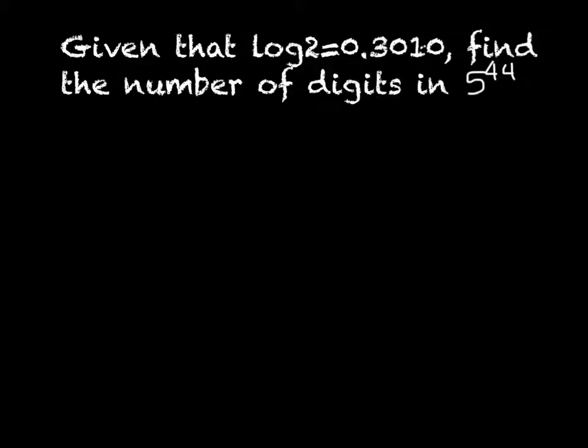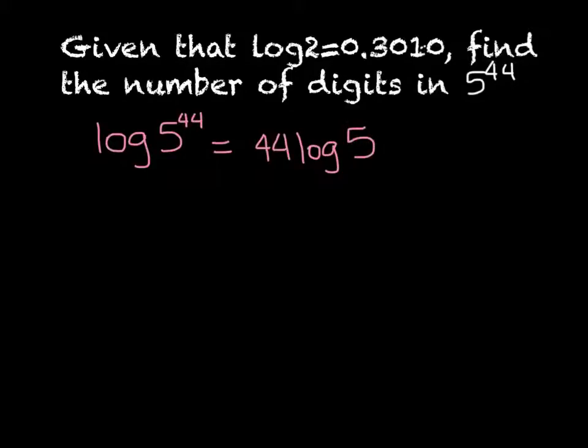Given that log 2 equals about 0.301, find the number of digits in 5 to the 44th. This is a pretty tricky problem, and it requires noticing that the number of digits in any number is related to the log of that number. So essentially the number that we're looking for is the log of 5 to the 44th. So we can rewrite this as 44 times log 5, and then,